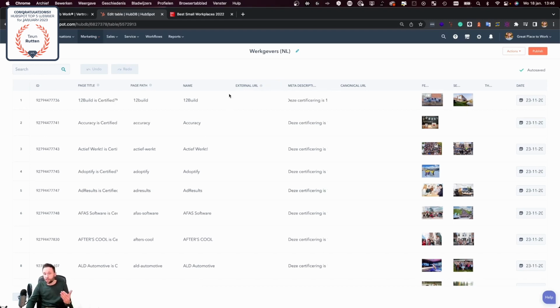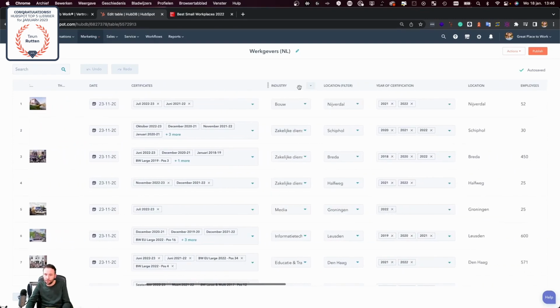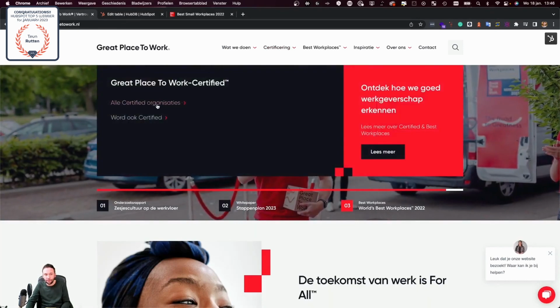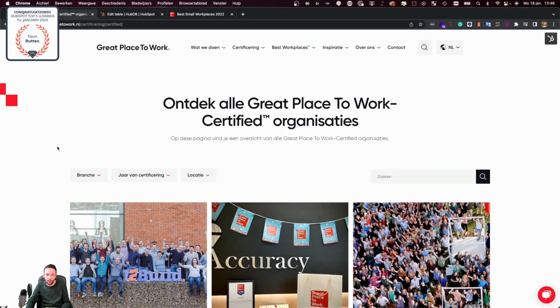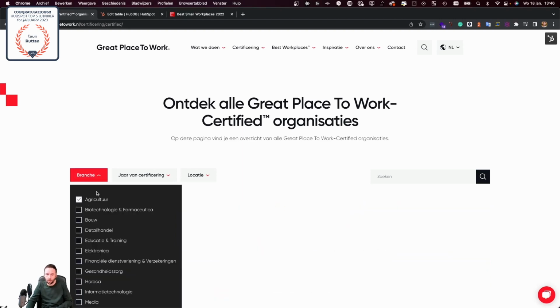But we also want to create a nice overview based on these rows. So we have a few columns available that we can use to filter with in the overview. We have the industry, we have the location, and we have the year of certification. Now, if we navigate to the overview, you'll see that the overview is loaded dynamically. This is because we are using React and the HubDB API to create this overview. And by using React with the HubDB API, this also allows us to filter the results each time someone is